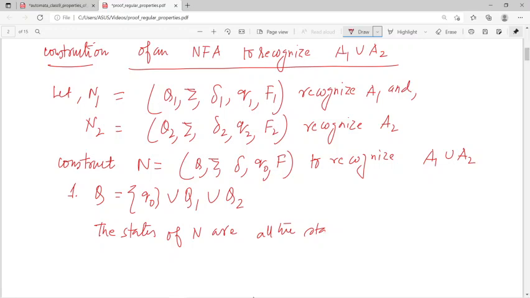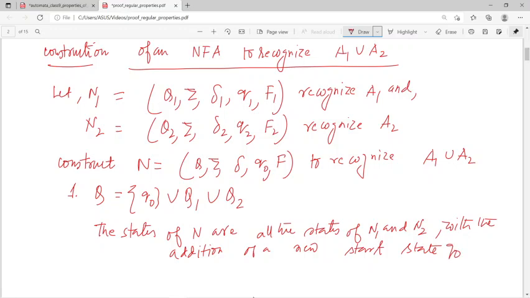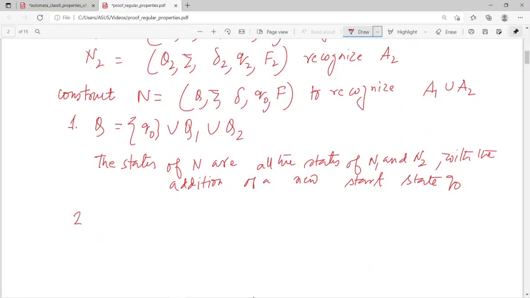all the states of n1 and n2 with the addition of a new start state q0, that is the thing. Second constructions কি করেছি, ইনপুট সিম্বল তো সেম, তাই জন্য ভেবে লাভ নেই, ট্রানজিশন ফাংশনে আমি পরে আসছি। দ্য স্টার্ট স্টেট ইন্ট্রোডিউস করেছি, দ্য স্টার্ট q0 ইজ দ্য স্টার্ট স্টেট অফ নিউ মেশিন এন।